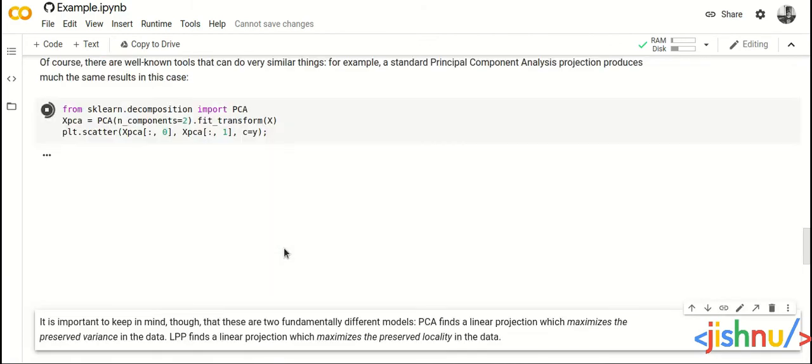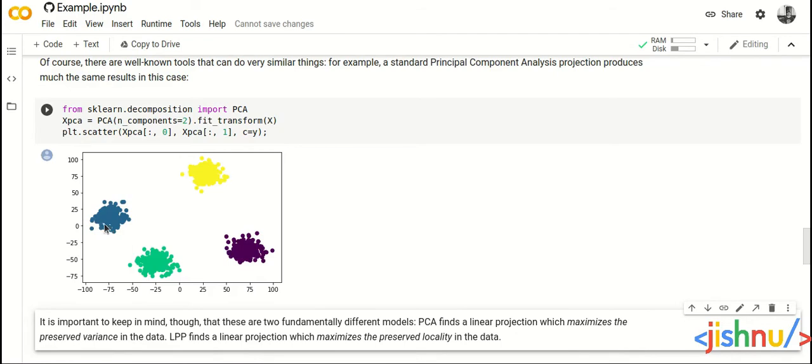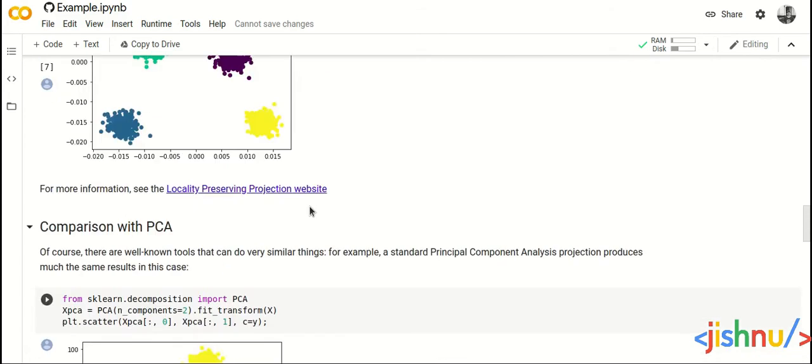So let's see here. Here also all the different clusters are far from each other, and every data point belongs to the cluster that it belongs to. But we would really ask the question, how does this help in comparison to LPP? We'll discuss this later on, but first let's see.